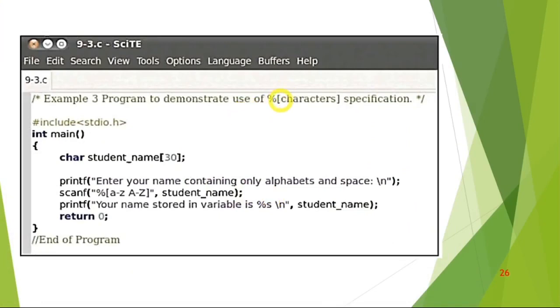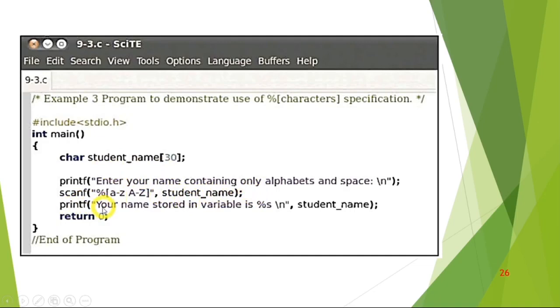Here we have given the percentage character in a square bracket. Let's check: include stdio.h, int main, char student_name with size 30, printf, enter your name containing only alphabet and space. Then on the next line, scanf with %[a-zA-Z ] and then comma student_name, the same variable given here.